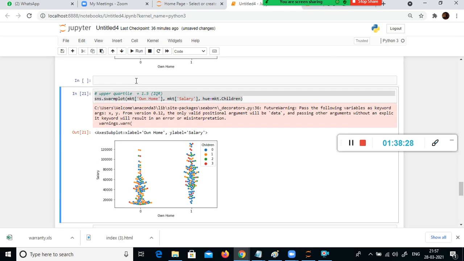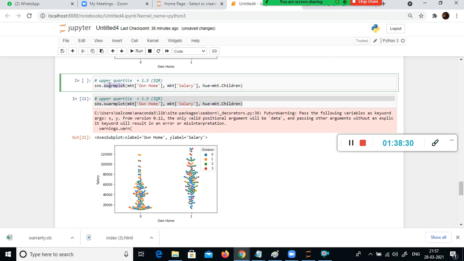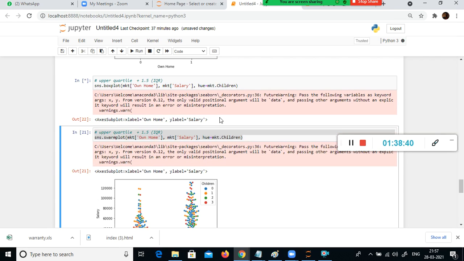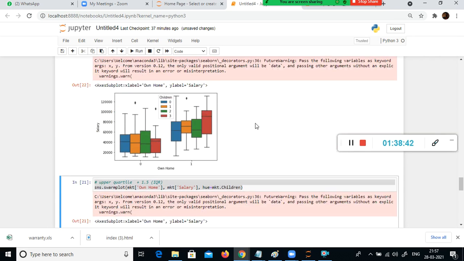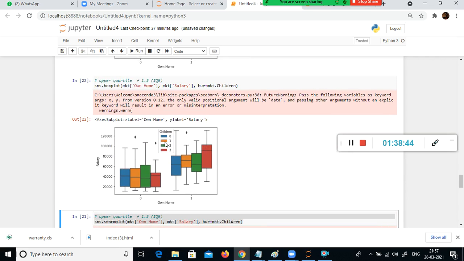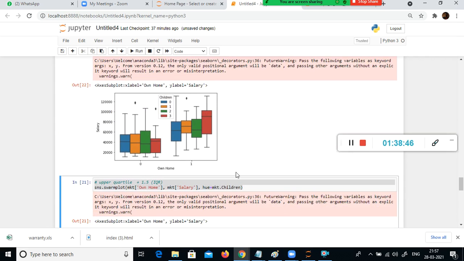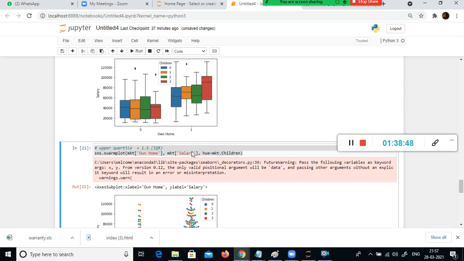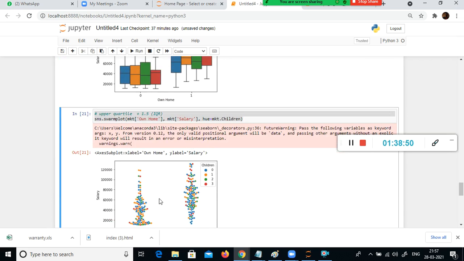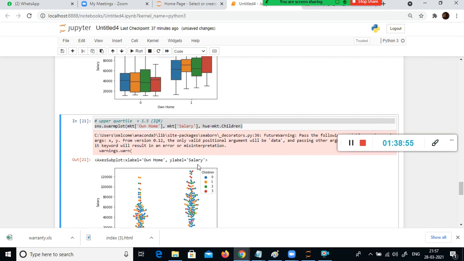Now let us do this. It is a very interesting case study. Okay, please concentrate here. And here what we will do is, I am going to use the box plot itself. Look here. So 0, 1, 2. This one gives much better clarity. Look here. But the swarm plot shows with respect to the density, how dense, right?